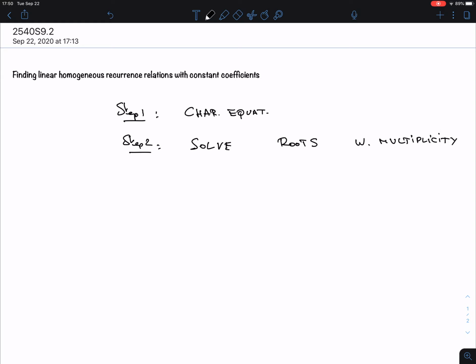When we did quadratics, that was a simple case, but now we also want the roots with their multiplicity. So suppose you have a root A. Let's make it singular here, one root, but there are of course many roots. And suppose it has multiplicity, let's call it D. There are more. So what happens when you have a root like that? We know then that the contribution to a general solution